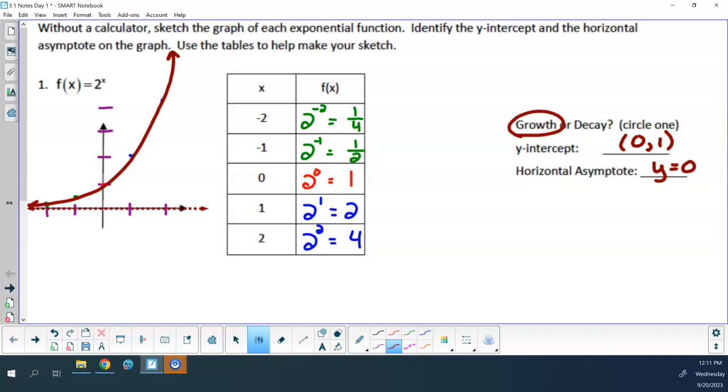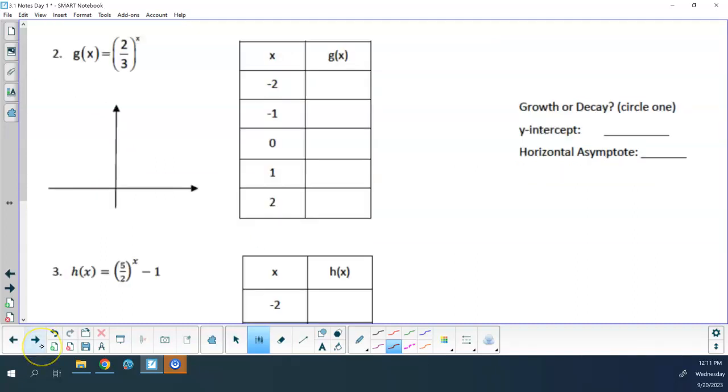Good? What I would like you to do now is do the next 2 examples on that page. So if I plug in -2 here, that's going to be 2/3 to the -2, which is going to be 9/4. If I plug in -1 there, that's going to be 3/2. If I plug in 0, that's going to be 1. If I plug in 1, that's going to be 2/3. If I plug in 2, that's going to be